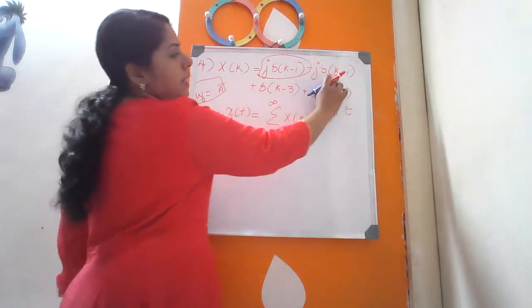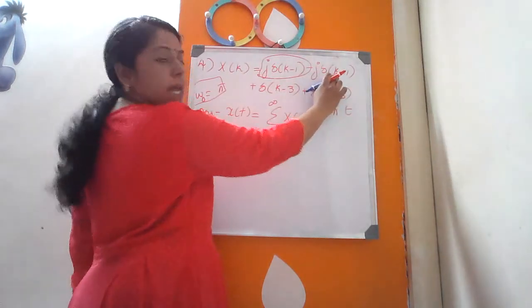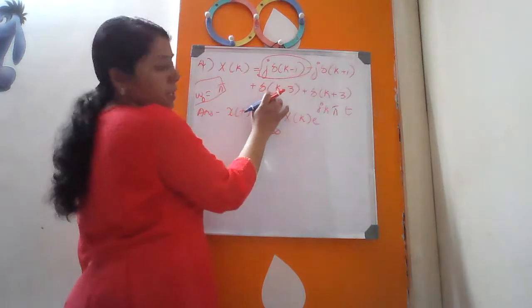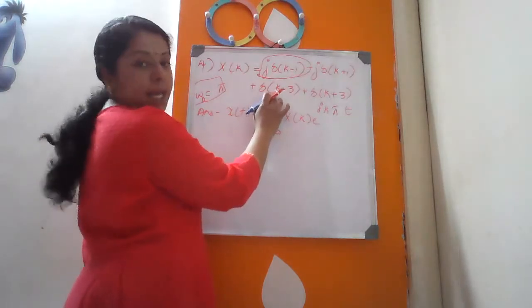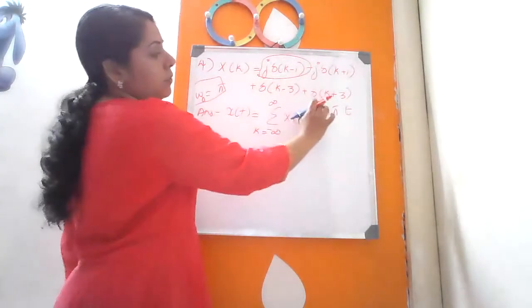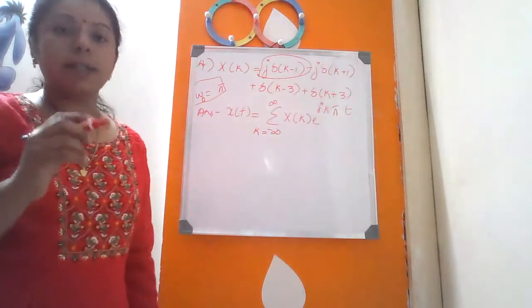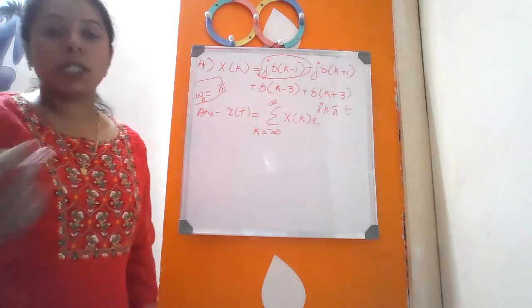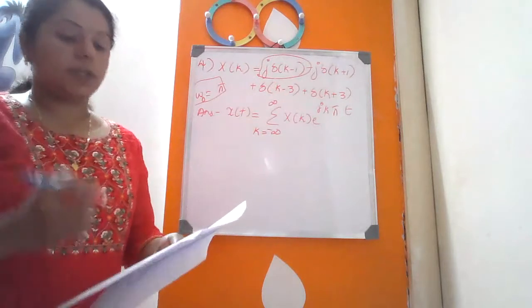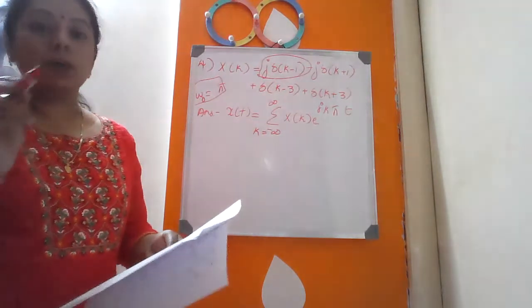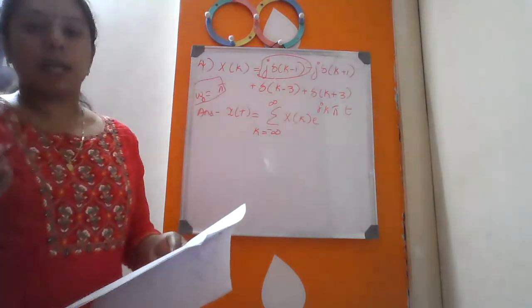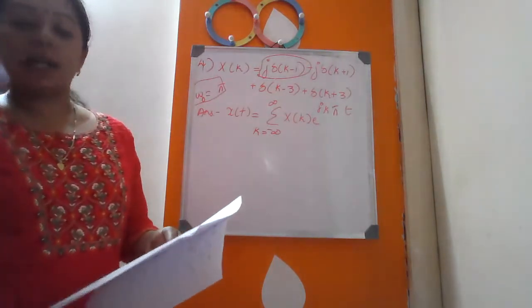So I can tell that the k value for this first term is 1. What is it for the second term? The k value should be minus 1. For the third term, the k value should be plus 3. And for the fourth term, the k value should be minus 3. So you got it that whatever coefficients they provided in the question are the values at plus 1, minus 1, plus 3 and minus 3.